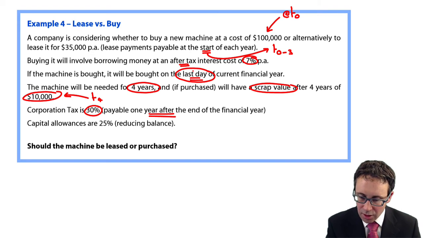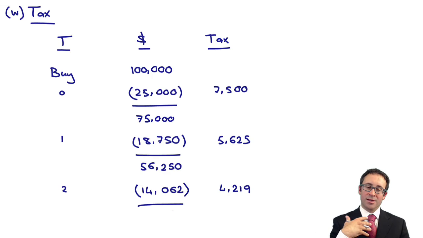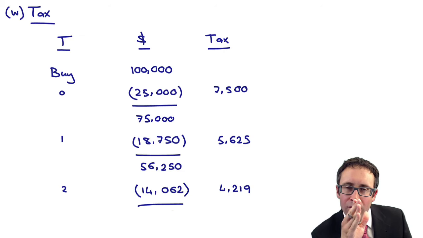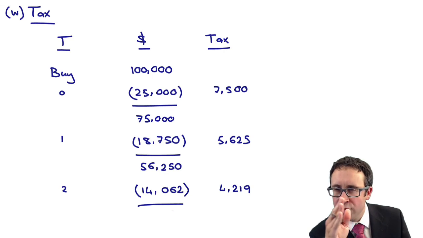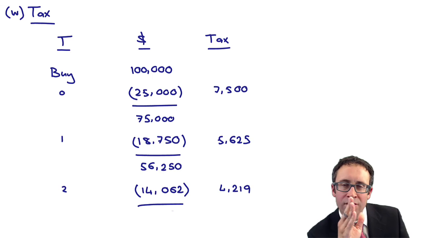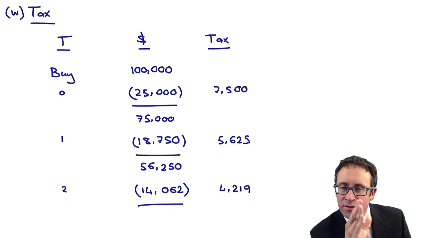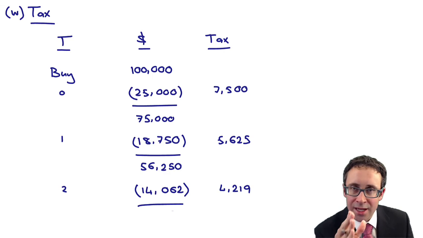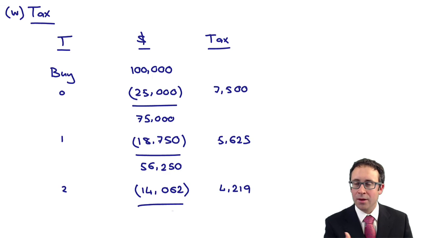So when I buy that asset at T0, it's the day before the start of the first year of use. If we started using the asset on the 1st of January, we actually bought it on the 31st of December, so we get capital allowances in that time period, T0, when we claim them,